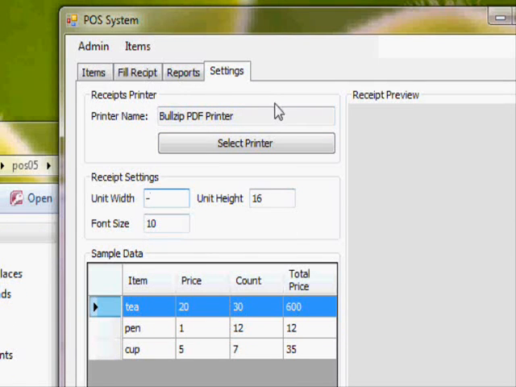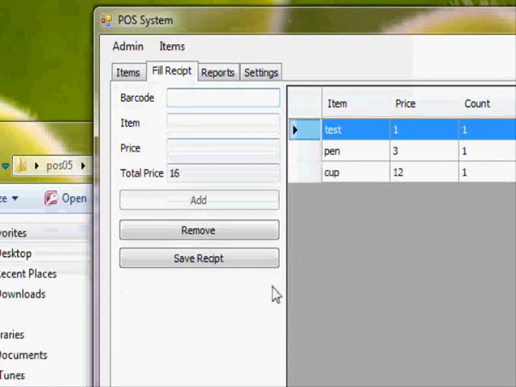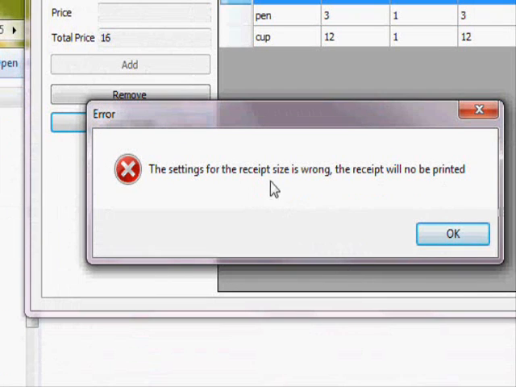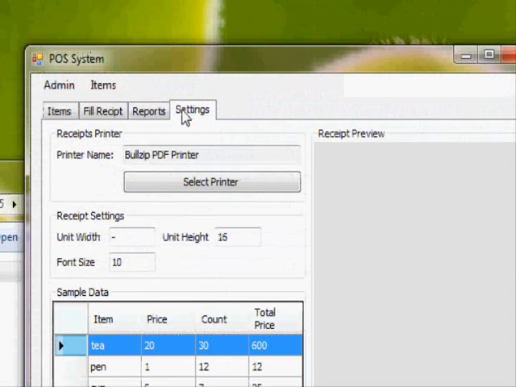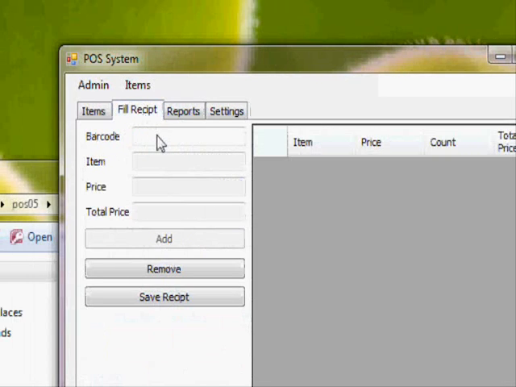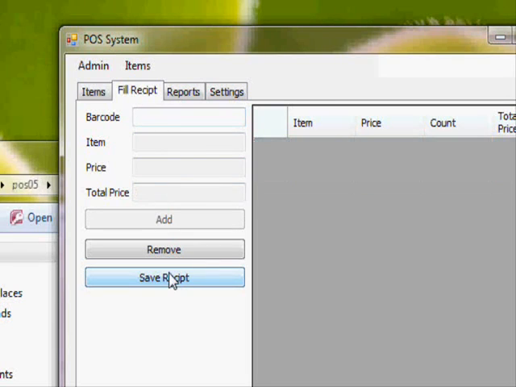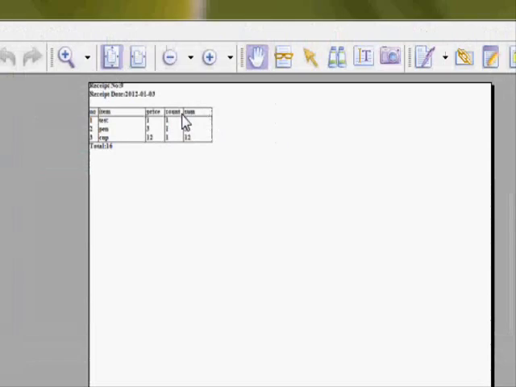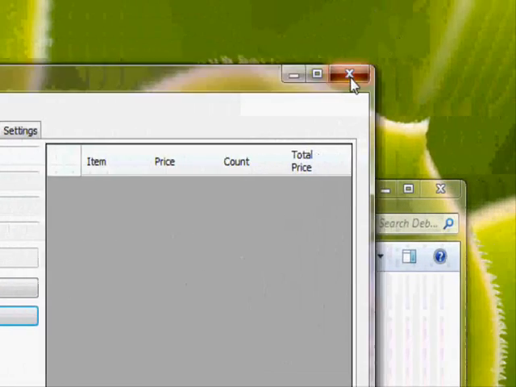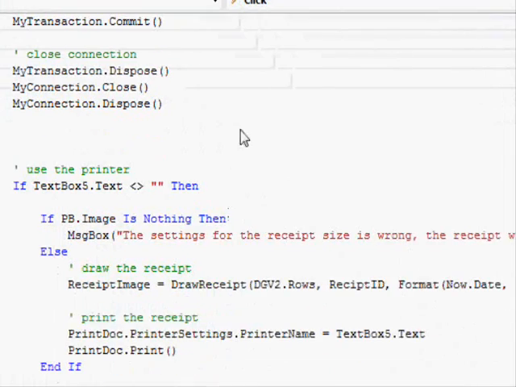Let's make an error here. I'm gonna give the value minus. Okay, and I'm gonna go and fill a receipt and say save. So the setting for receipt size is wrong. The receipt will not be printed. Okay, but the value was saved correctly. So I'm gonna enter 20, and here 1, 2, 3. Save receipt. Okay, just save that. Everything works fine. Okay, so we finished this part,